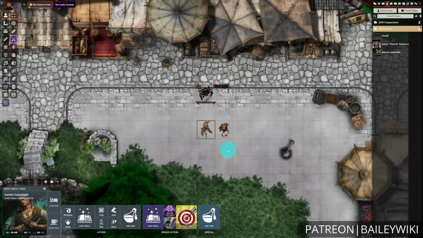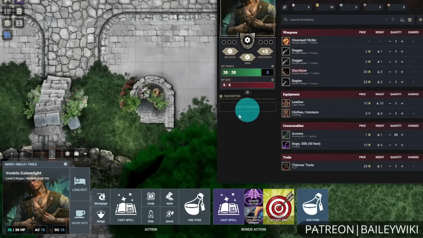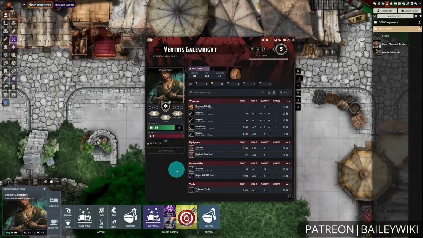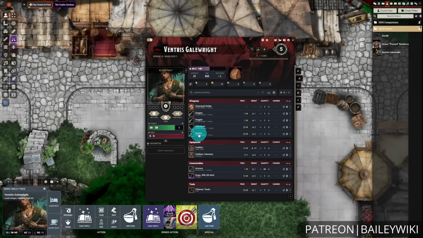A couple of things to watch out for whenever you're doing any of these. You'll notice that when I brought in Ventress, these little pips above his portrait are not filled for Argon. That is kind of the canary in the coal mine that you don't have something equipped. This is really easy to do. I just forgot to equip the sword on Ventress in D&D Beyond, so just make sure that you have that equipped. It's worth noting that the Argon Combat HUD is not going to automatically put that up there until you replace the character,